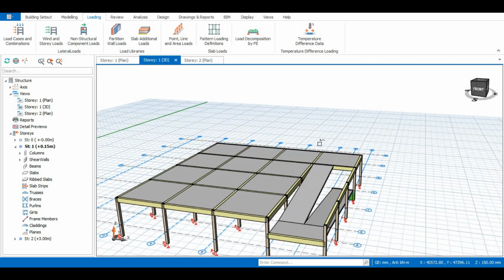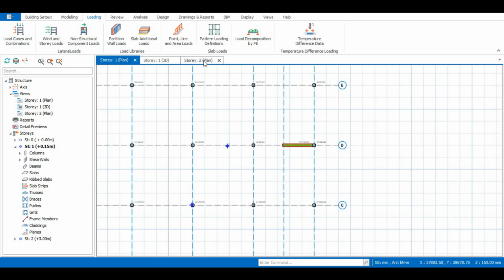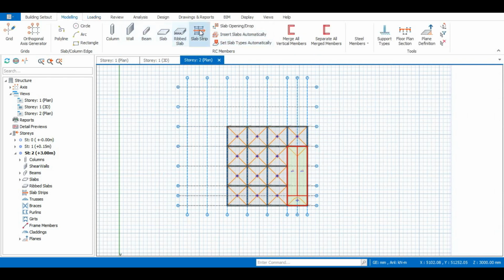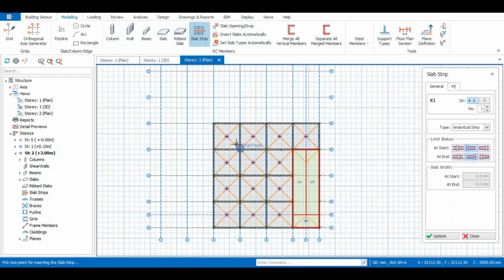To draw a slab strip, we need to go to our plan for the second story, because that's where we are drawing a slab strip. So you can just go back to your modeling, then go to strips. Just like I mentioned initially, we'll be drawing analytical strips for the main slabs, and for the inclined slabs which have plane definitions, which is the ramp, we'll be drawing a